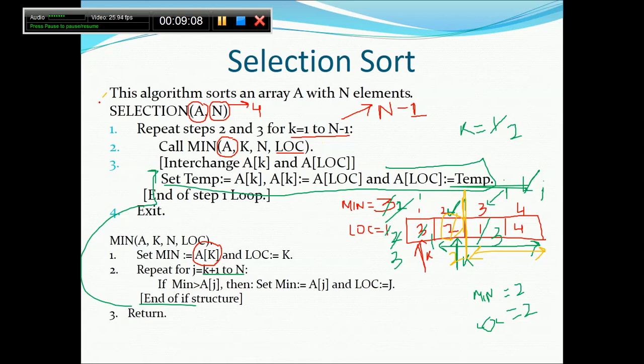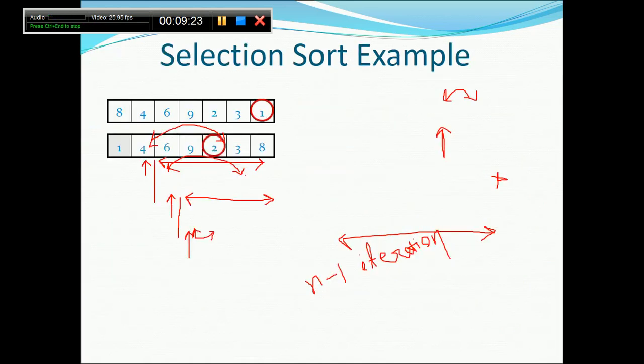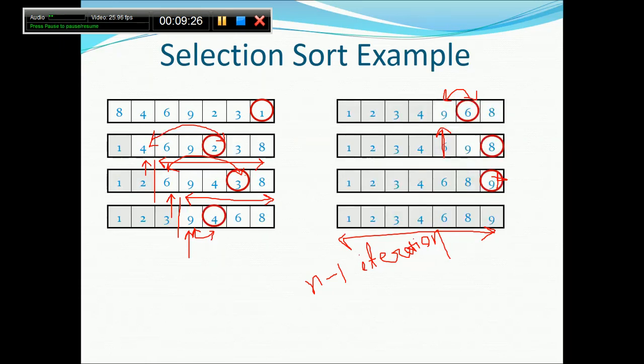So this is the algorithm, right? Selection sort just calls the min function to find the minimum in the rest of the array, and once the minimum is found with the help of the min function, it will just swap the values, nothing else. So that is what the algorithm is all about. This we have already seen.